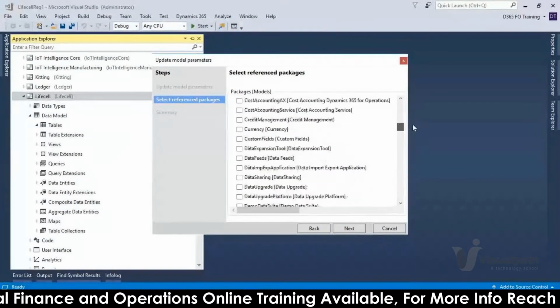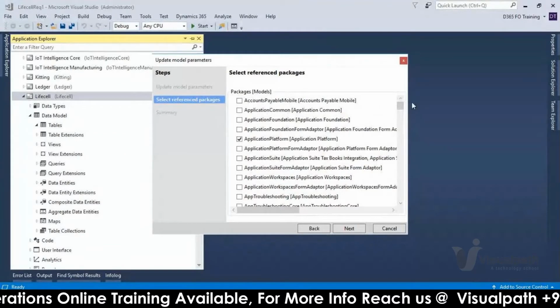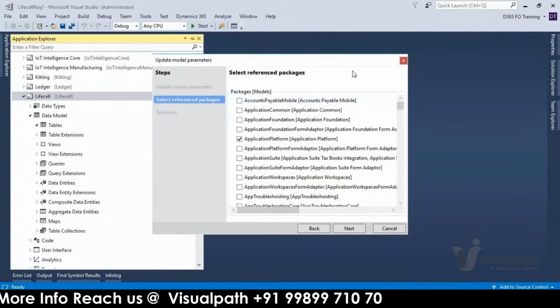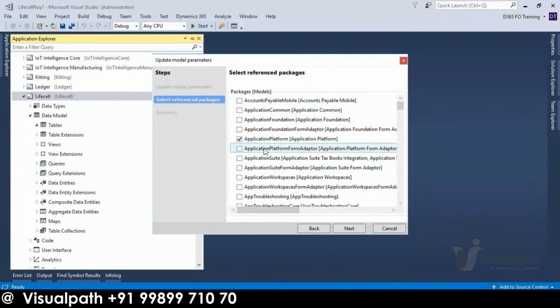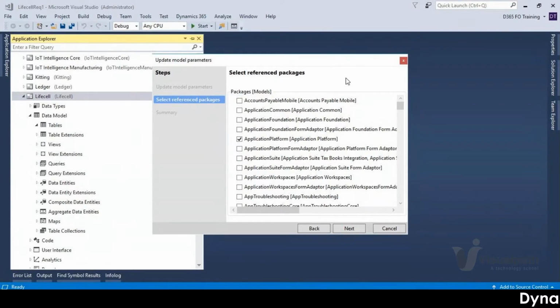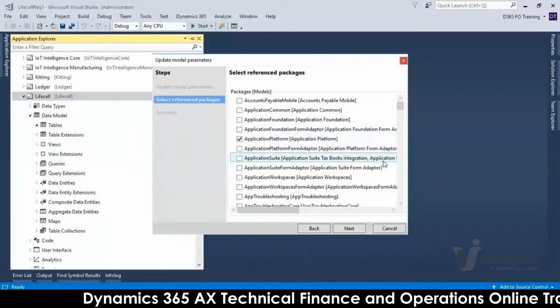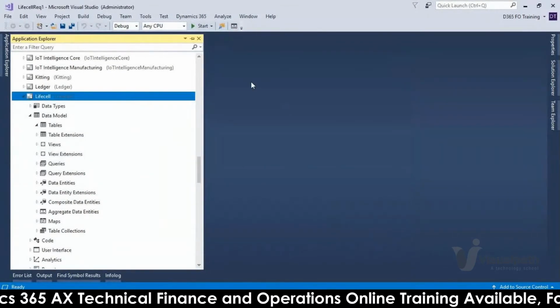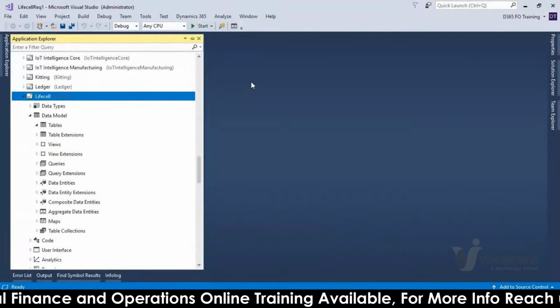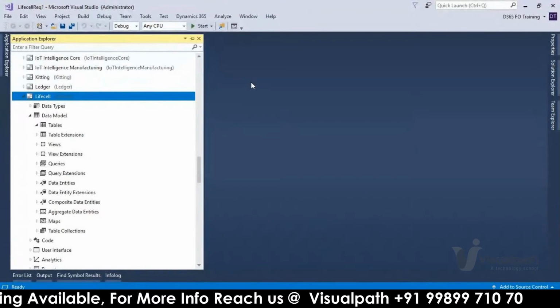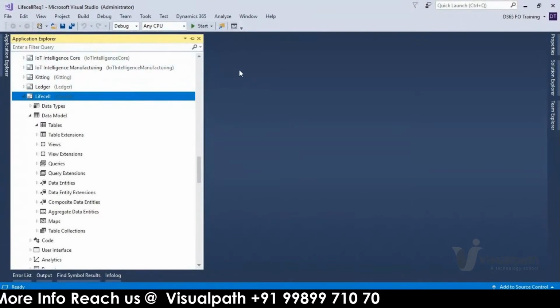Even for synchronization, while compiling and synchronizing, it will consider all these model references and compile them. So be careful, and select only the models required. Otherwise your package generation and deployment will take a lot of time because it has to compile all the referenced models. That is the one thing.